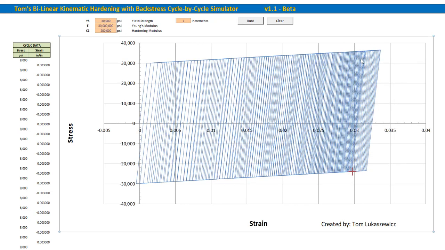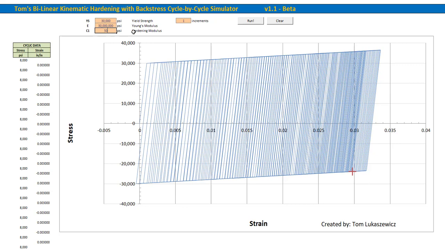It's going to become stable when this has shifted over enough so that this curve is centered on that mean stress. So that's one of the driving mechanisms: you need to have that mean stress for the ratcheting to take place. This one ran, I forget how many cycles I had it, but obviously it didn't fully stabilize, but you can definitely tell it slowed down. So I'm just going to increase the hardening